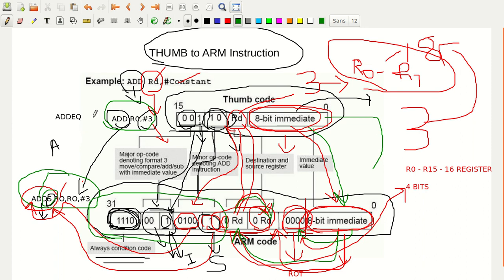Finally, what you have to understand here is that any of the thumb instructions you have is not actually decoded as a thumb instruction. The thumb is translated into the ARM instruction set. Any thumb instruction is basically translated into an ARM instruction, that is final. So the final instruction decoder takes only the ARM instruction set. What you write in memory is the thumb instruction set, but the decoder takes it and converts it into the equivalent ARM instruction.